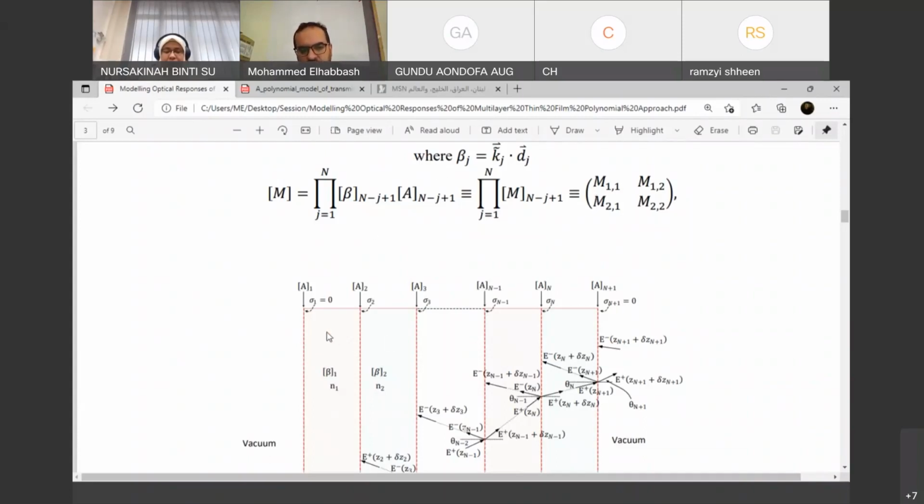So if we have two layers, for example, which means that we have an even number, we will start, when we use this equation, from the end to the start. So we have beta 2. We start here from beta 2, multiply by A2, then multiply by beta 1, then A1. So we have the number of matrices that pass through two